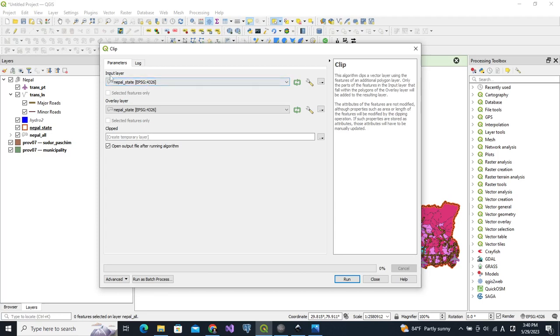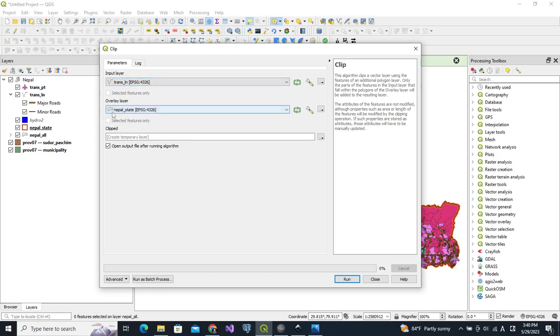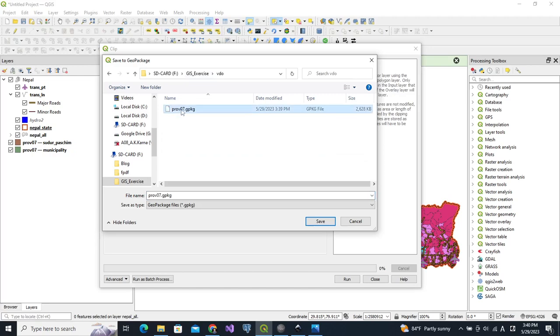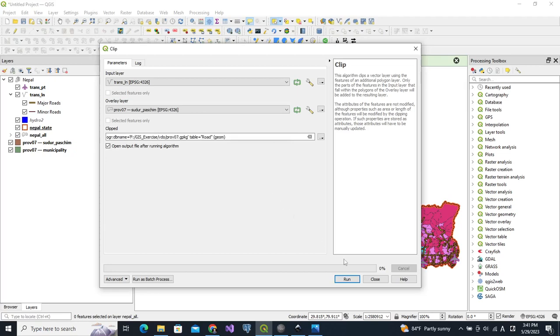So here the input layer should be trans ln, which represents the roads, and now the overlay layer will be province 07 Sudur Paschim. So we will use this single polygon, and then we will save the clipped layer in the same geopackage file, province 07, and then we put the layer name as roads. Okay. Now if we run this,